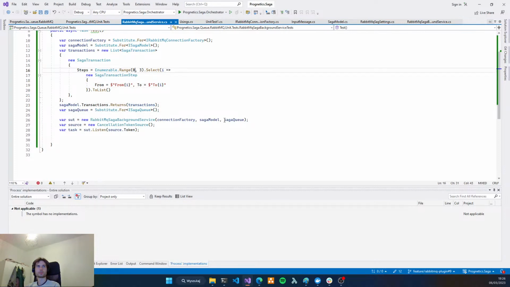So we have this SAGA transaction with steps. A step has a message from-to. We should create more SAGA transactions, to be honest.